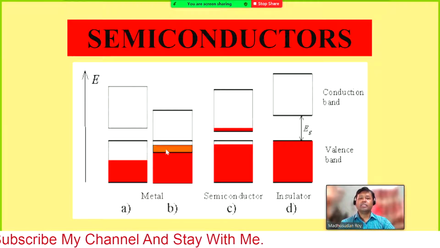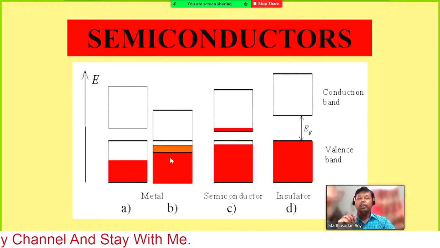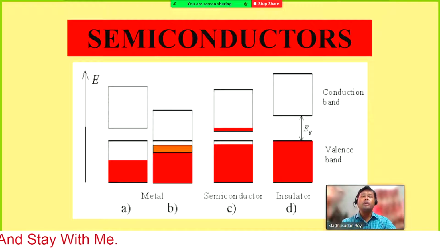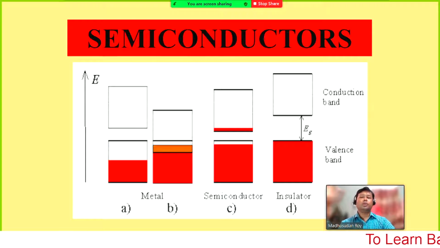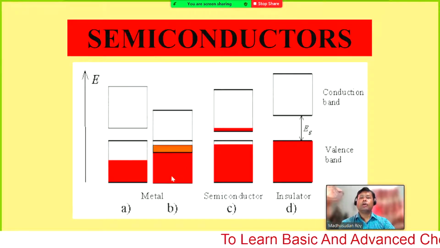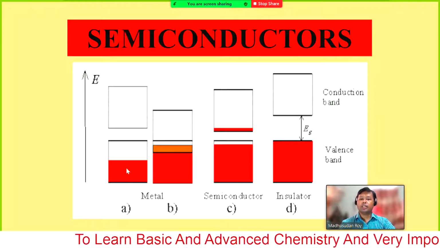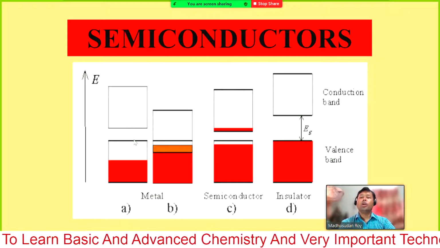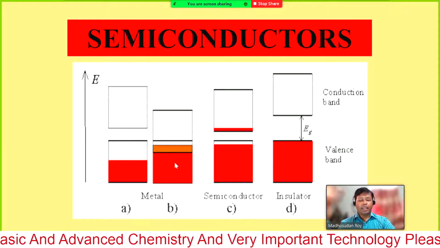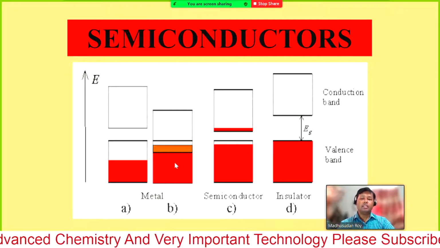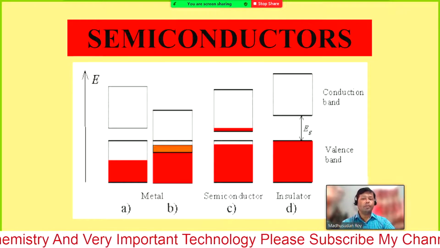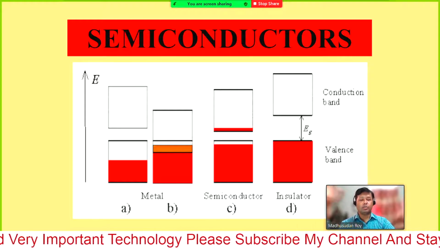In that case, if you put very little potential difference between the two ends, the electron can transfer from the valence band to the conduction band. So from here to here it is easy to transfer the electrons, but from here it is not easy. So many metals conduct electricity very fast like copper, but some other metals do not conduct